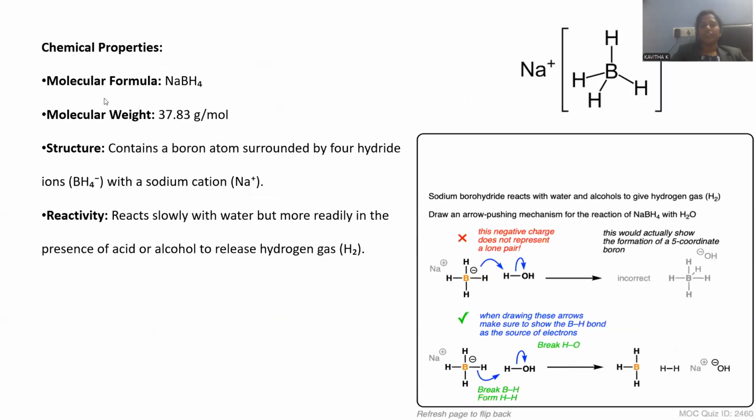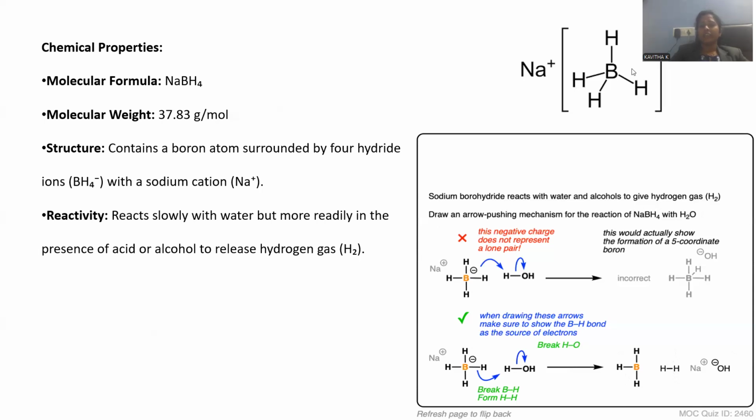Chemical properties. The molecular formula of sodium borohydride is NaBH4. It is simply manifested over there: sodium positive and the entire tetrahedral geometry mentioned in the square bracket, boron accompanied with the 4 hydrogens at the 4 tetrahedral corners, with hydride nature, because bond displacement is towards the hydrogen rather than boron, as hydrogens are comparatively electronegative with respect to boron. This is the reason why hydride ions are present, and hydride is responsible for the reductive property.